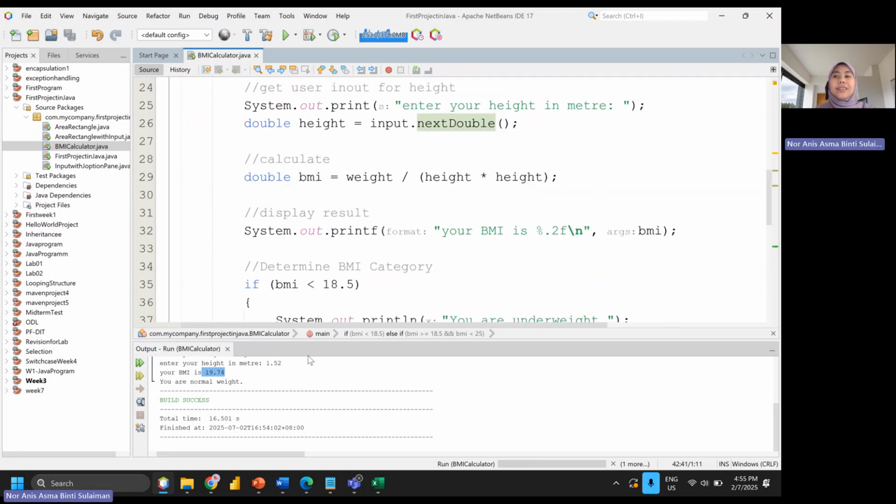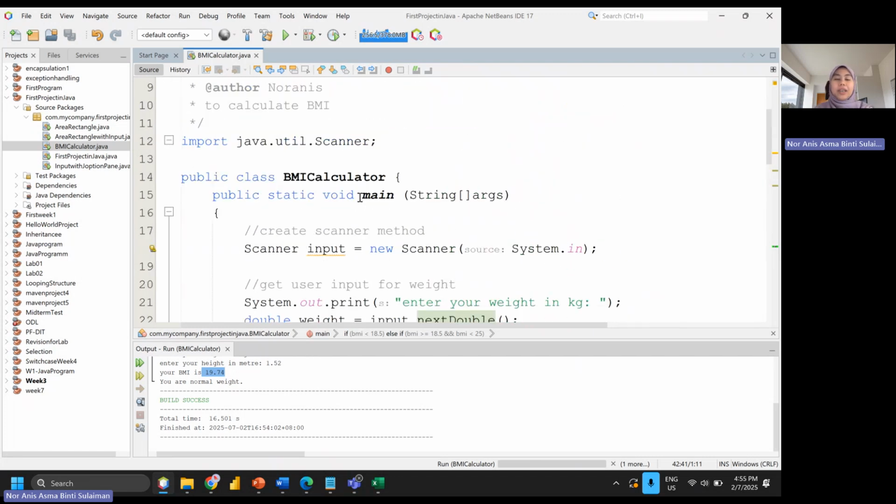Okay, so this is the way we use the if else statement. Okay, let me conclude for all of you. The if else statement is actually the concept where you have multiple conditions, but you want to display only one output. Okay, so you can use a switch or you can use an if else statement.